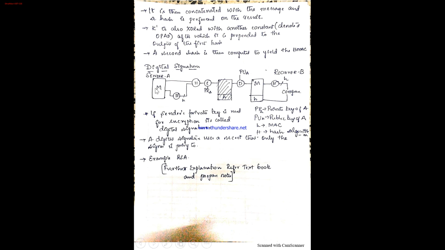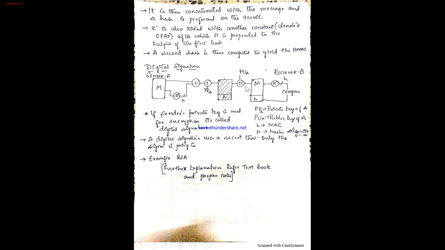So what we'll be doing here is we'll have the message, and I'll give that message as input to a hash algorithm, resulting in a hash code, hash value, message digest, whatever you want to call it. This will be appended to the original message, and this message I'll now encrypt with the private key of sender A, and this encrypted value is sent across the network.